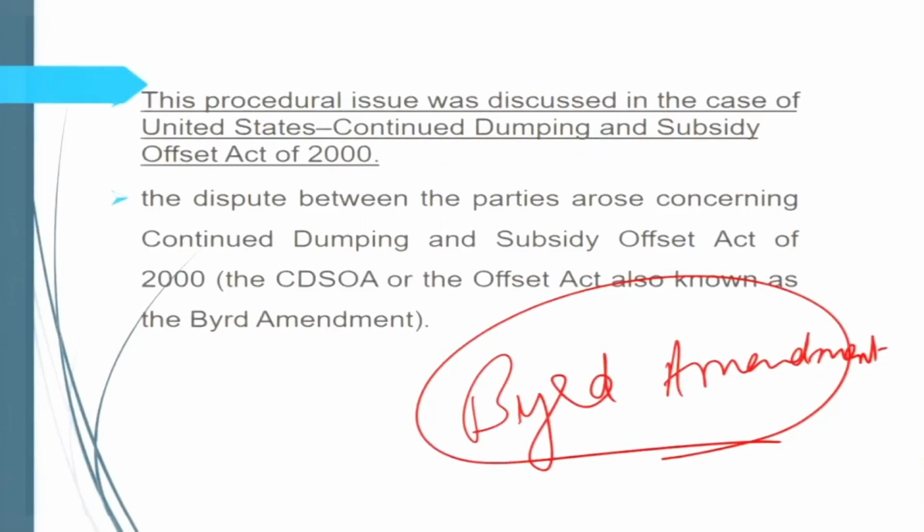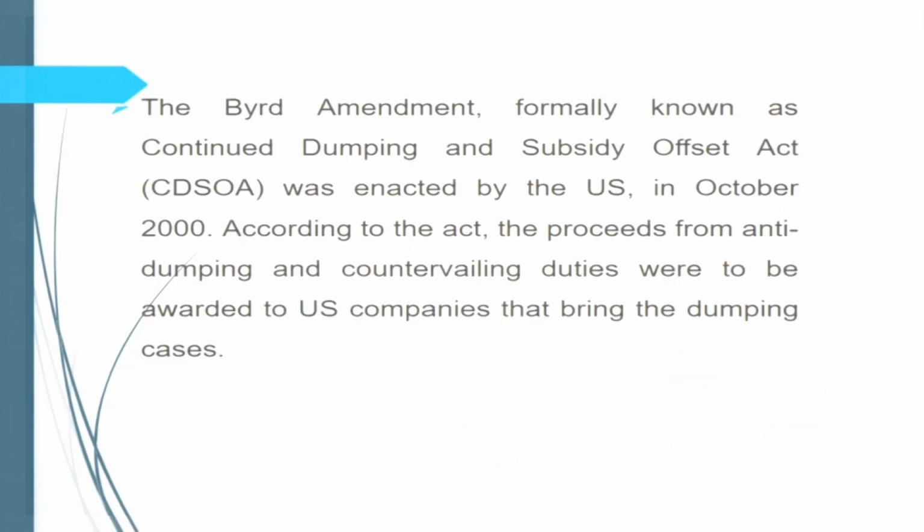Dispute between the parties arose concerning the Continued Dumping and Subsidies Offset Act of 2000, also known as the Byrd Amendment. The Byrd Amendment, formally known as the Continued Dumping and Subsidies Offset Act, was enacted by the US in October 2000. According to the act, the proceeds from anti-dumping and countervailing duties were to be awarded to US companies that bring the dumping cases. So, that was the way that foreign companies must collaborate with the US companies,